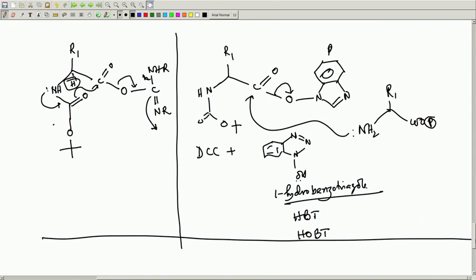HOBT, but as I said again, if DCU creates a problem, you have EDC, that has an amine group at one of the arms, a tertiary amine group. So, that is called a water soluble carbodiimide reagent. You just wash it out, actually not with water, but with slightly acidic water, and to suppress the racemization you use DCC along with HOBT. But there are now various variations, other types of reagents, many coupling reagents are available now, and